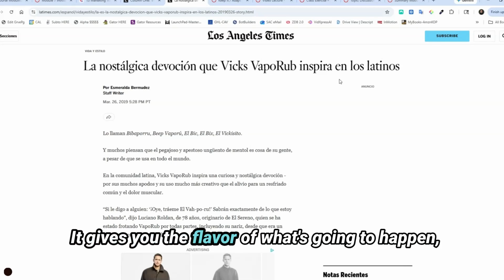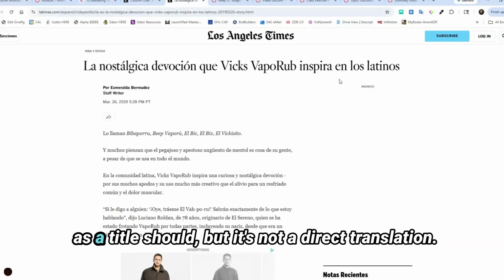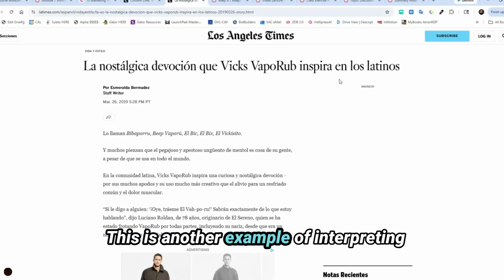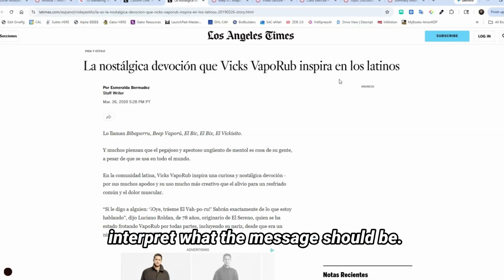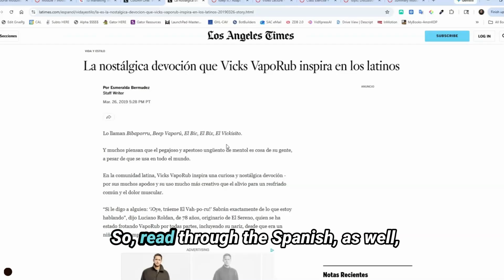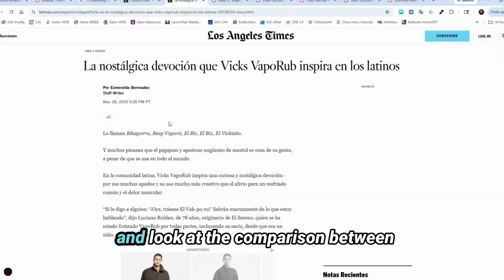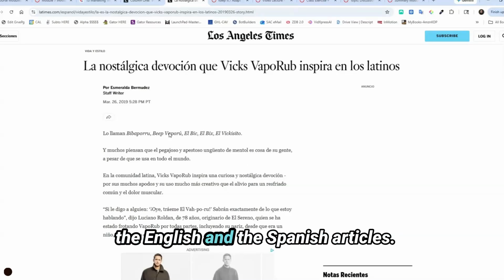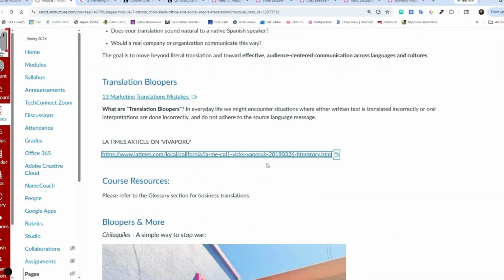It gives you the flavor of what's going to happen, as a title should, but it's not a direct translation. This is another example of interpreting. Even though you're translating, you interpret what the message should be. So read through the Spanish as well and look at the comparison between the English and the Spanish articles.